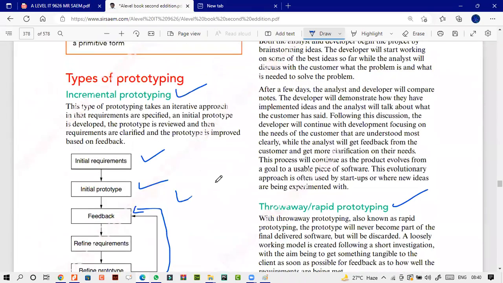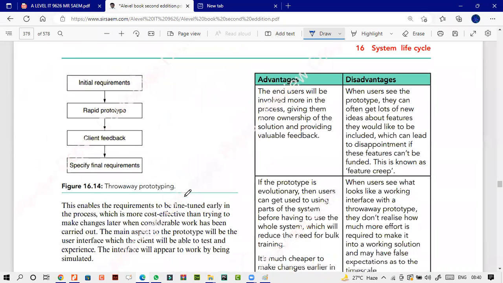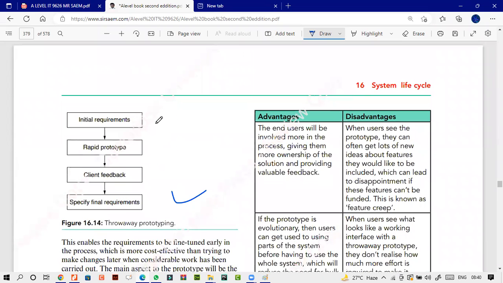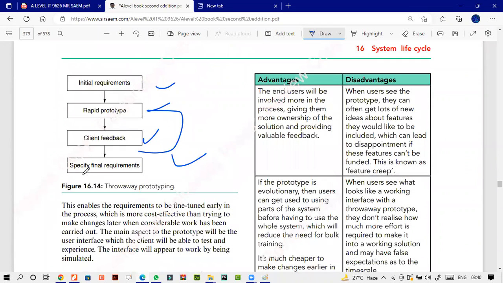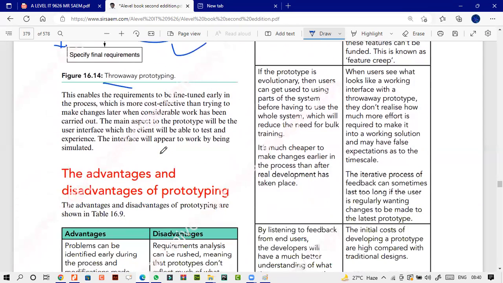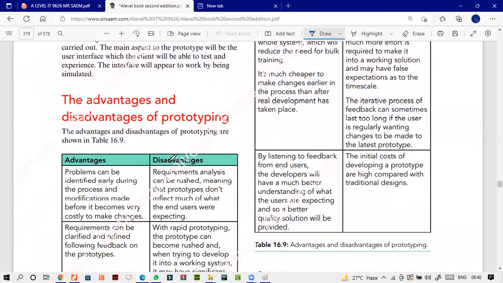तो आप नोट करोगे आपके इंक्रीमेंटल और इसमें थ्रो में फर्क ये है कि आपने रिक्वायरमेंट्स ली, रैपिड प्रोटोटाइप किया, क्लाइंट फीडबैक बस एक बार लिया. You don't keep on going back like over here, and you will develop it because you don't have time. आपने थ्रो अवे करना है, आपने जल्दी करना है, कॉस्ट इफेक्टिव होगा, टाइम कम लगेगा. ठीक है, ऑब्वियसली यूजर की यही this is what user wants. Okay,